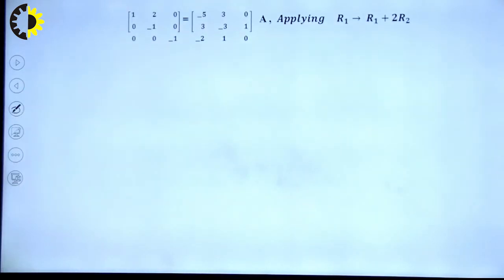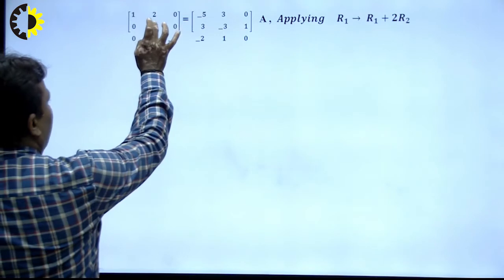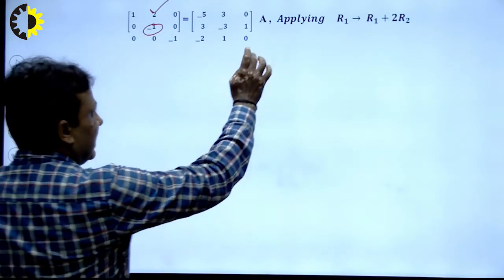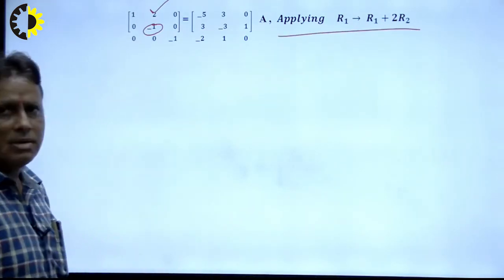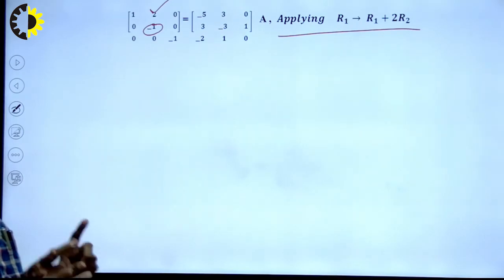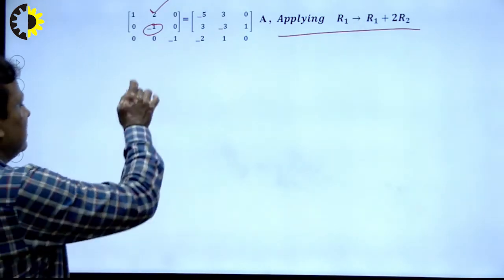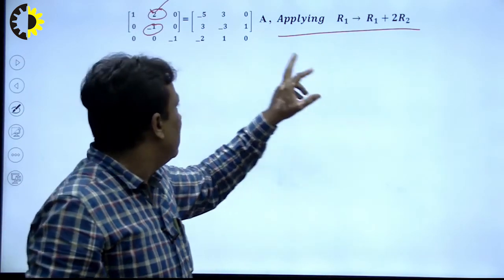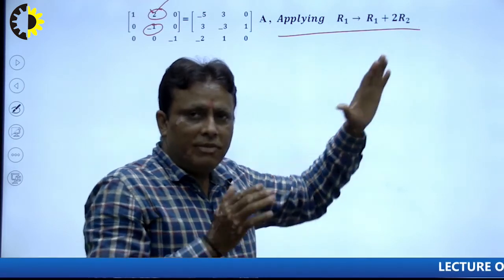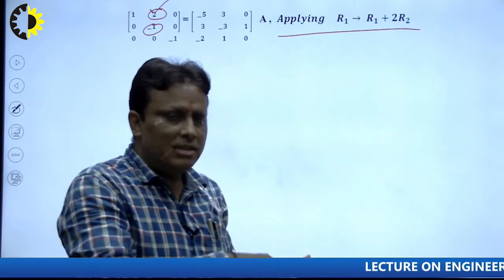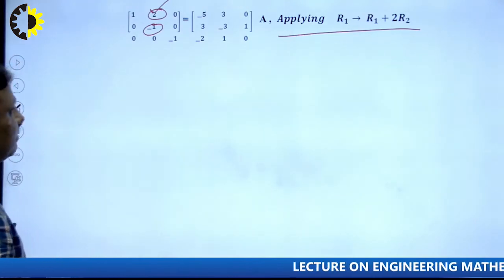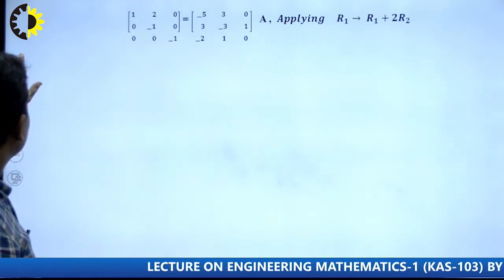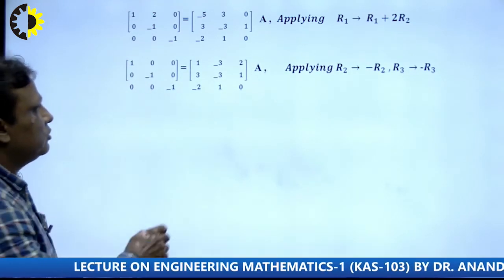Now our aim is, with the help of this element, to reduce this to 0. So I apply here R1 arrow R1 plus 2 R2. First of all, consider the placing value. The placing value of 2 is here in the first row, so I apply R1 with the help of R2. Students should keep in mind which row is first and which is second when we apply the operation, because this is the most important thing. With the help of this operation I got this matrix.